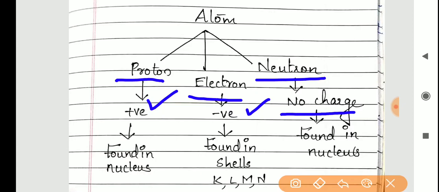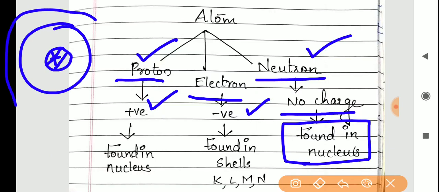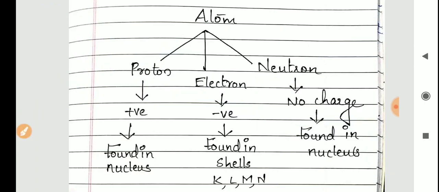This same topic we will study in our chapter 5, atomic structure. Okay. Then where are these protons, electrons and neutrons found? Proton is found inside the nucleus. I told that an atom contains a center nucleus, right? So inside the nucleus what all things are present? Proton is present as well as neutron. Neutrons and protons are present inside the nucleus. And where are the electrons present? Electrons are present outside the nucleus in different orbits, called shells, like the planets around the sun. So this is the structure of an atom.